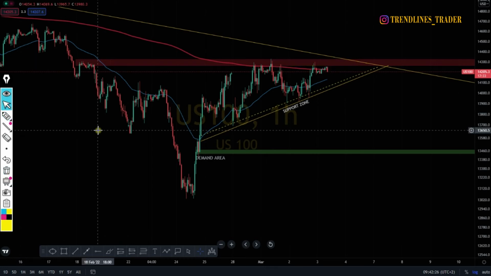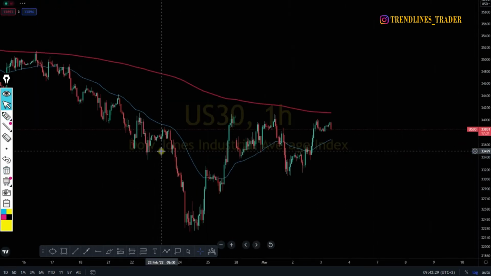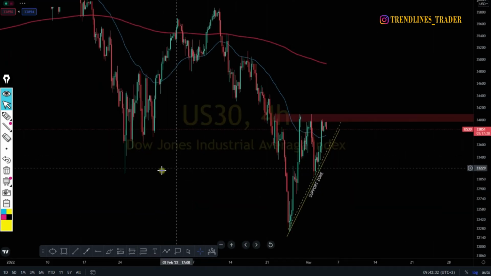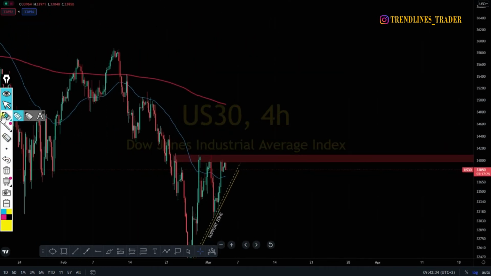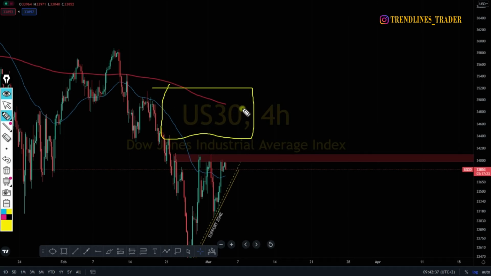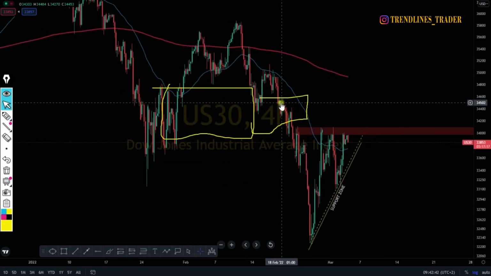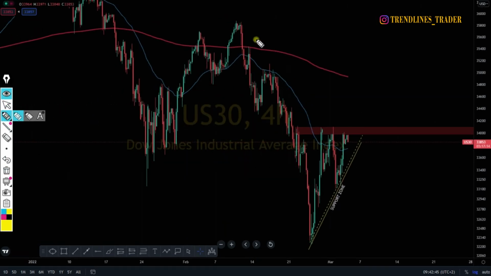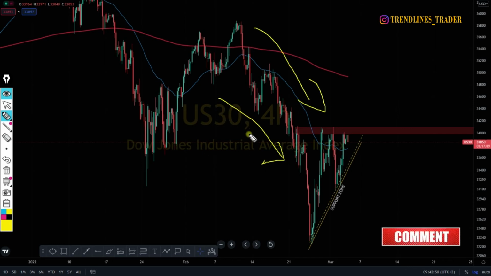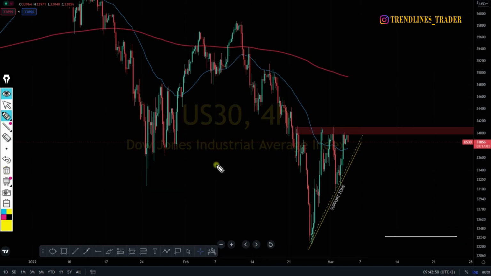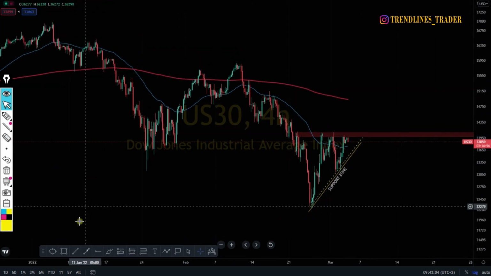Anyway, ladies and gentlemen, let's move to the next instrument. Let's not waste any time. At the moment, our next instrument is the US30. I hope you are able to see this is my instrument and this is my 4-hourly time frame, and we are looking at this price. It also has been very bearish for some time, as you can witness here with this type of structure that we've been experiencing. Ladies and gentlemen, the US30 is also giving us almost the same structure as